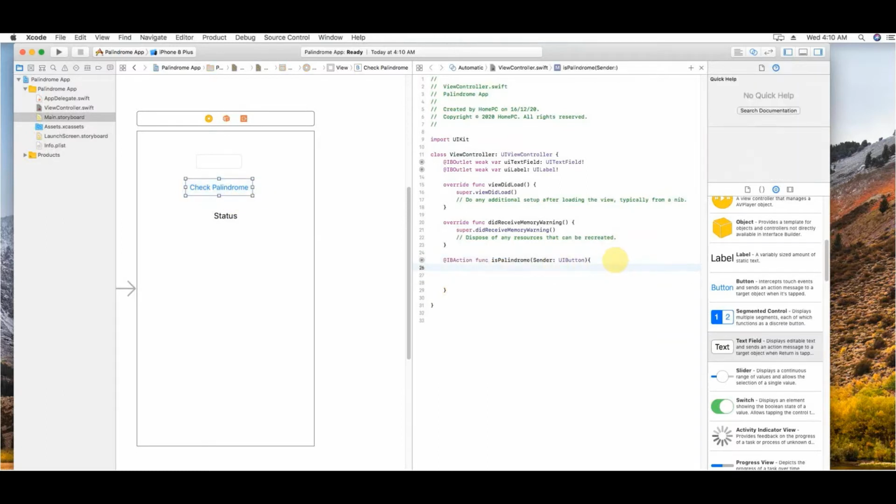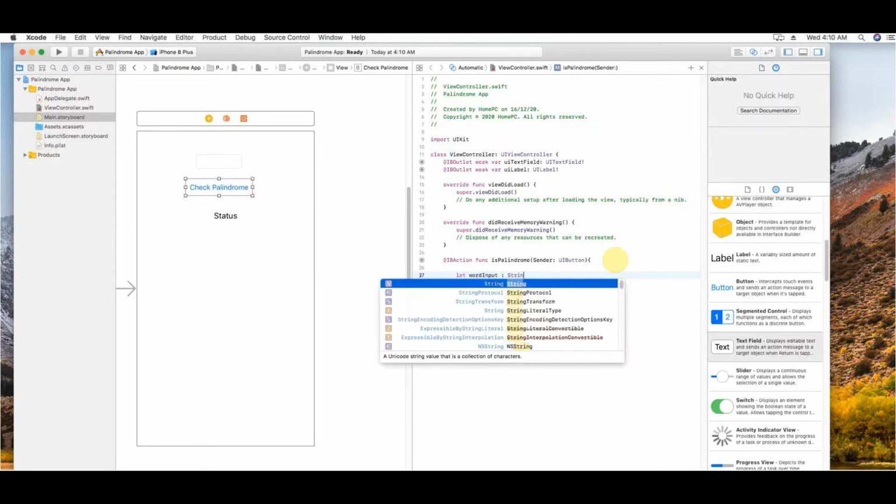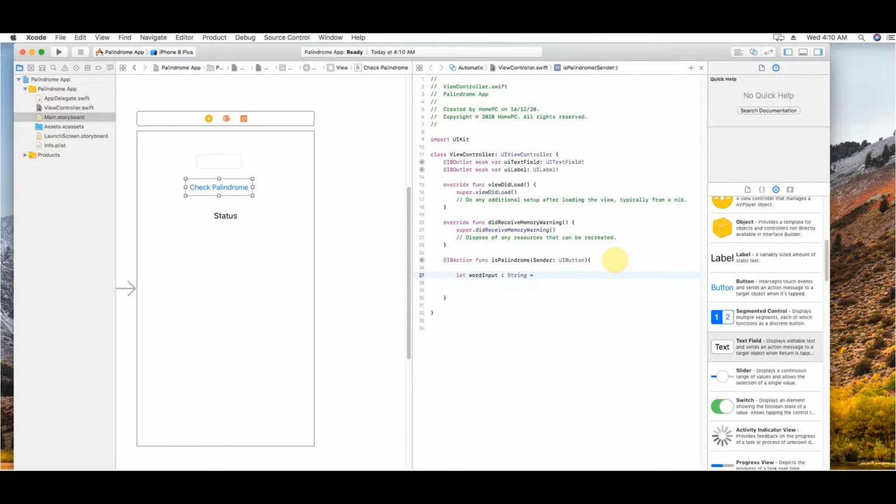There are various ways to check a palindrome word. I will try to implement one of the simplest ways which I know. First I'll create some local variables. I'll create the word input, which will of course have type string. I can make it type string explicitly, and it will take the input from the UI text field, whatever text the user has entered.